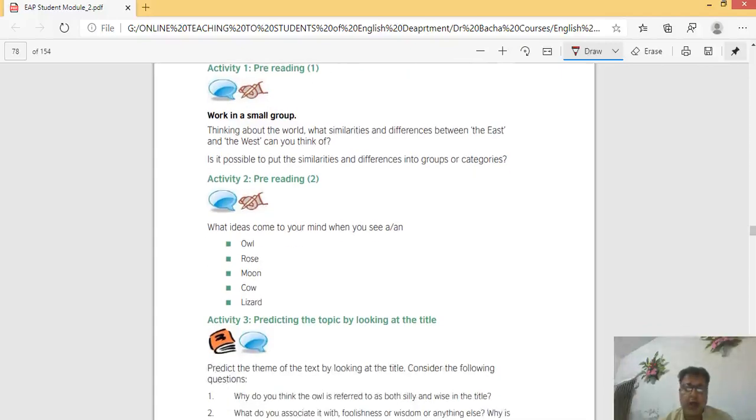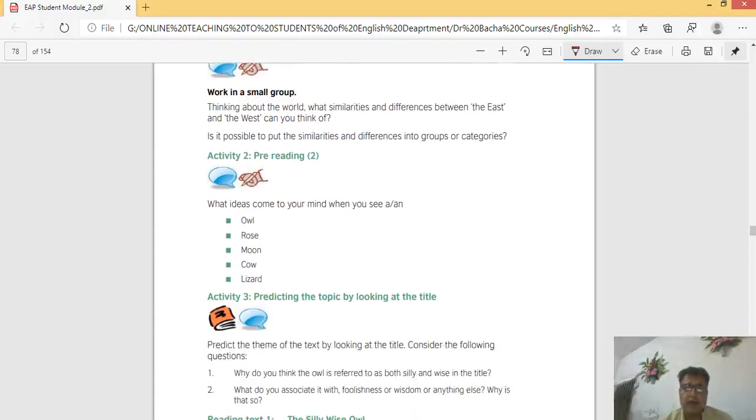Pre-reading. You have to work in small groups. You should try to take people of your own choice, right? Thinking about the world, what similarities and differences between the East and the West can you think of? You should decide and take people of your own, and then you should discuss these group names with me and